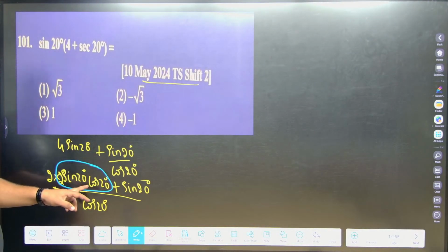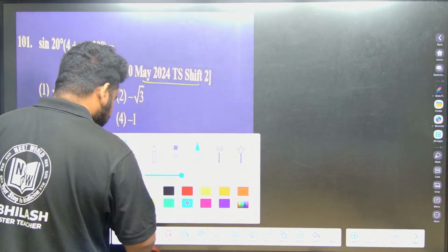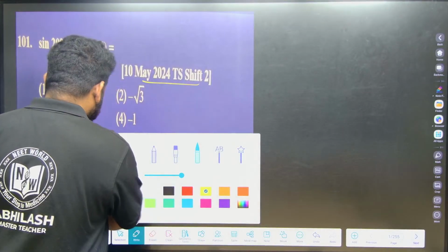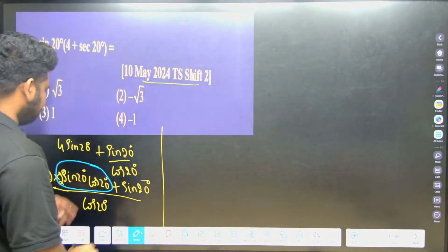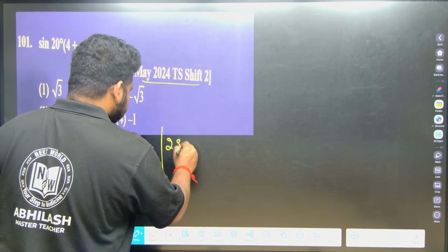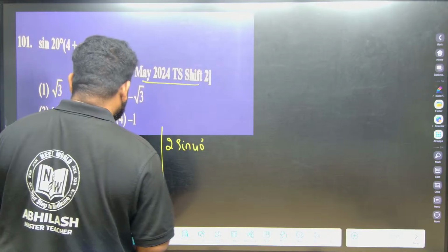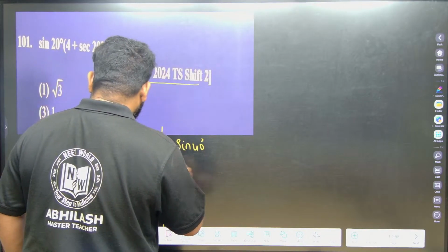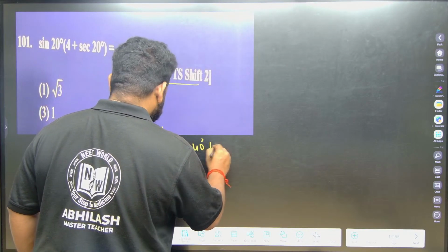2 sin theta cos theta, right? 2 sin theta cos theta is what? Sin 2 theta. So this will become, in the next step, 2 into sin 40 degree plus sin 20 degree